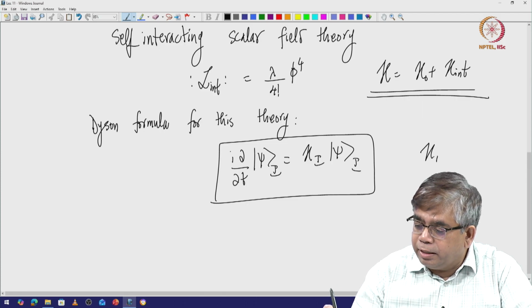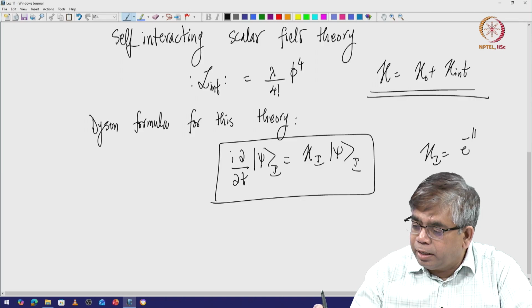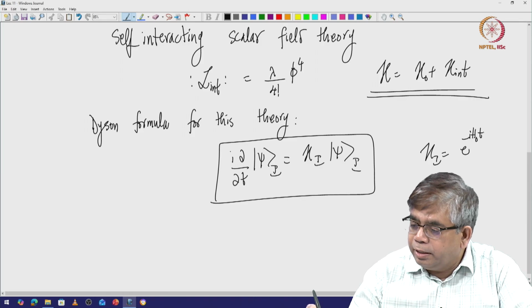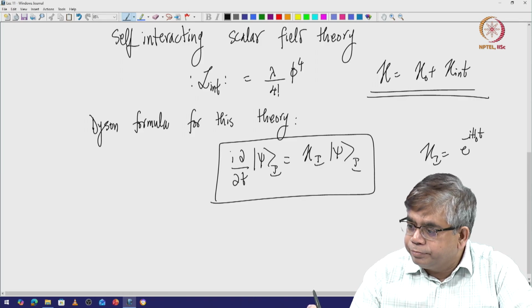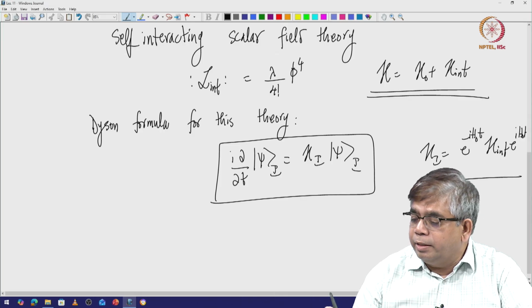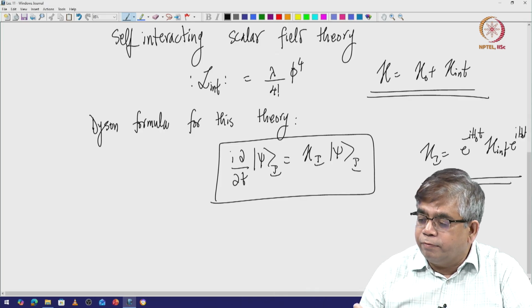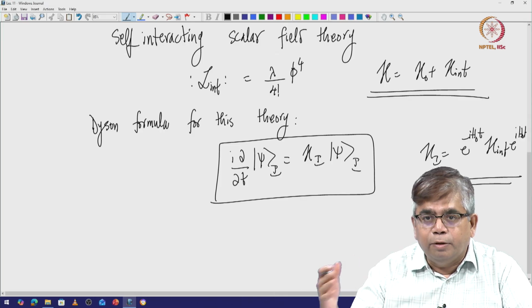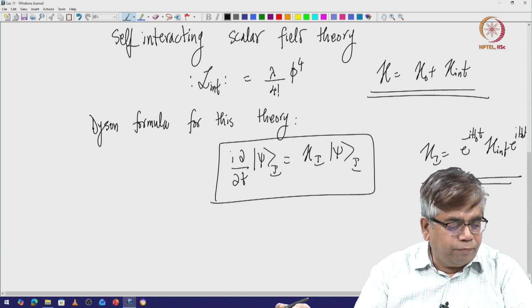So, H I is actually e power i H0 t H interaction e power minus i H0 t. Okay, and then we try to solve it with a U matrix essentially, and then we found out